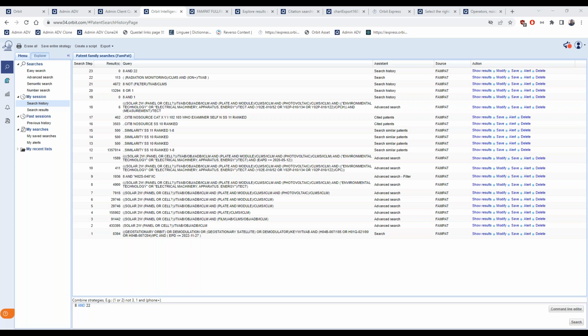Okay, how to build up an alert? So how to monitor results? Let's say always this one, this search query with 400 results. I want to monitor if there are any changes. To do so, I simply have to go to my search history and click alert.